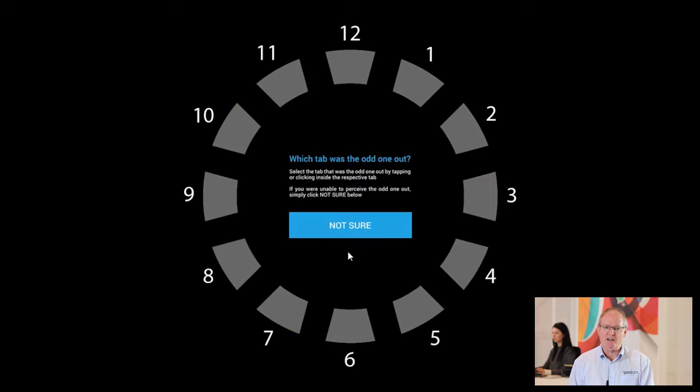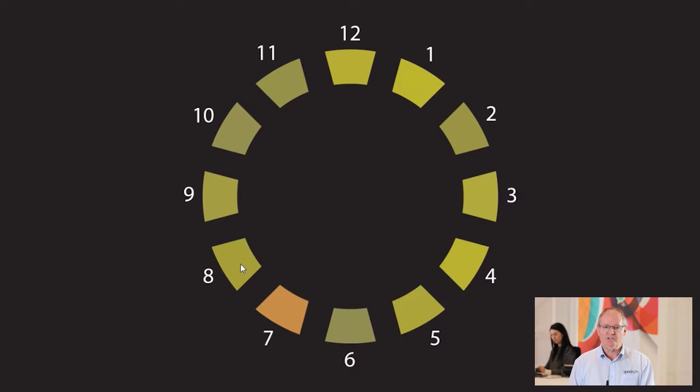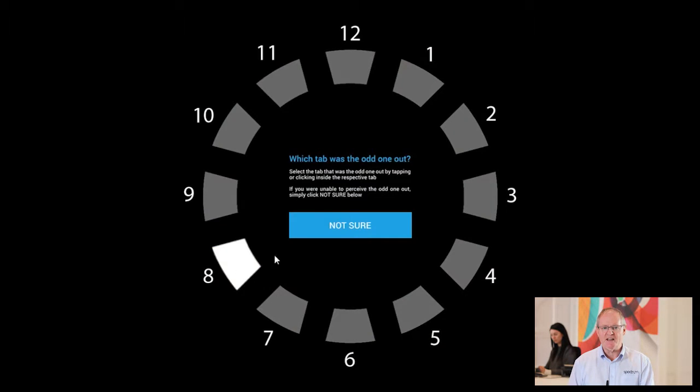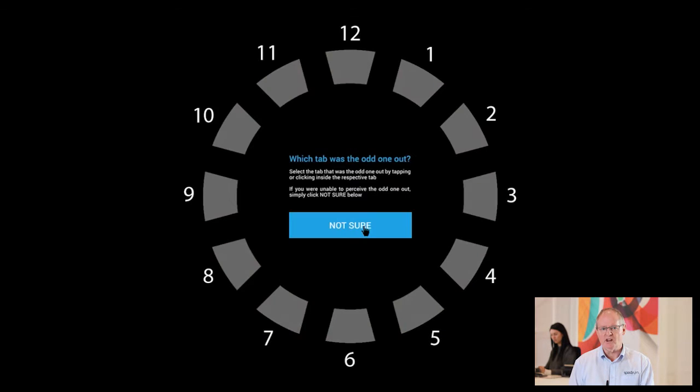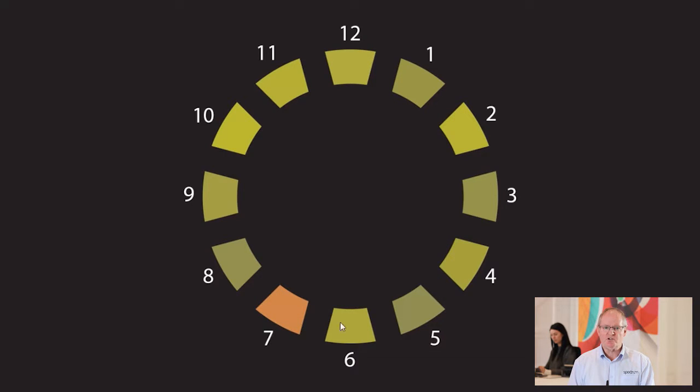After the first screen is displayed for 2 seconds, the tabs will all turn grey, and the patient would now move the mouse over the tab they chose as the odd one out. You will notice that the tab turns white if you hover the mouse pointer over it. By clicking the left mouse button, the patient can select the tab of choice once it has turned white. If they are not sure, they would want to select the Not Sure button here in the middle. Once they have made a selection, the program will display the next screen. This will continue till the patient has made a selection for all 18 screens, and after which the program will